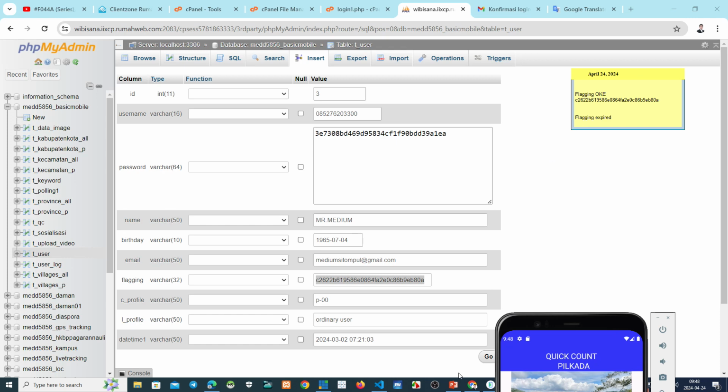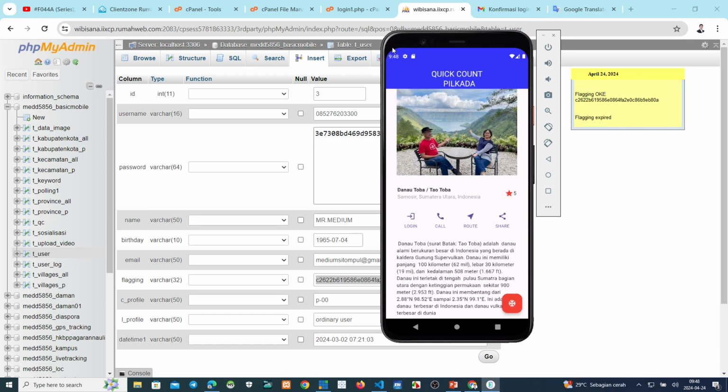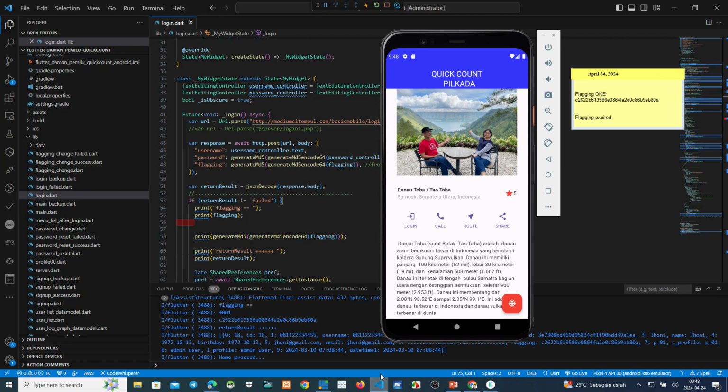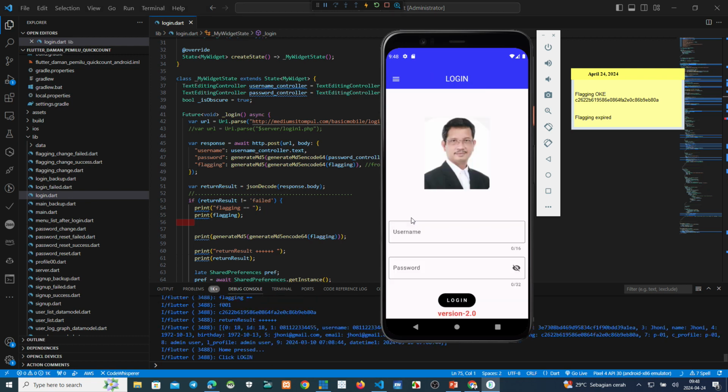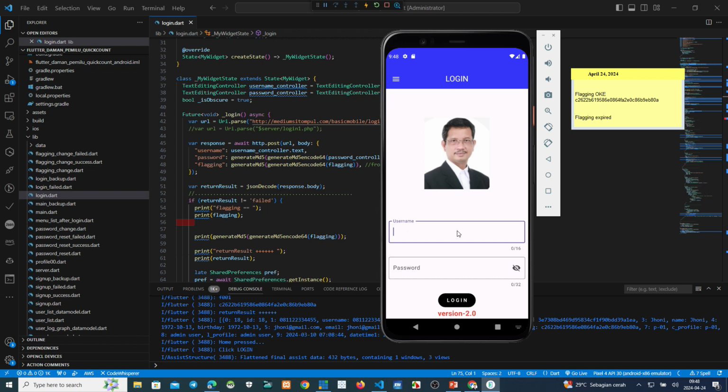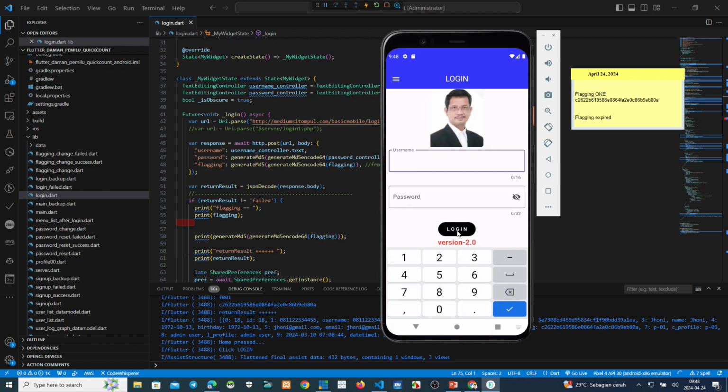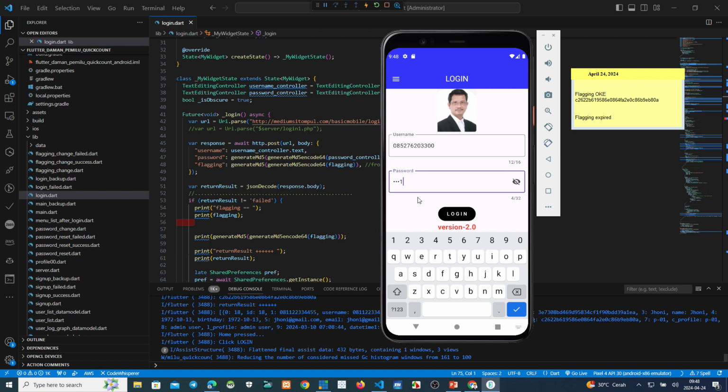Okay, we try to login first. Login. Then we put here the password.